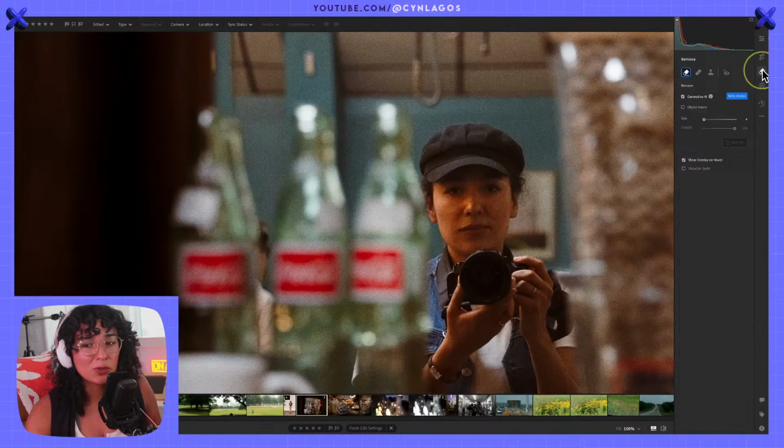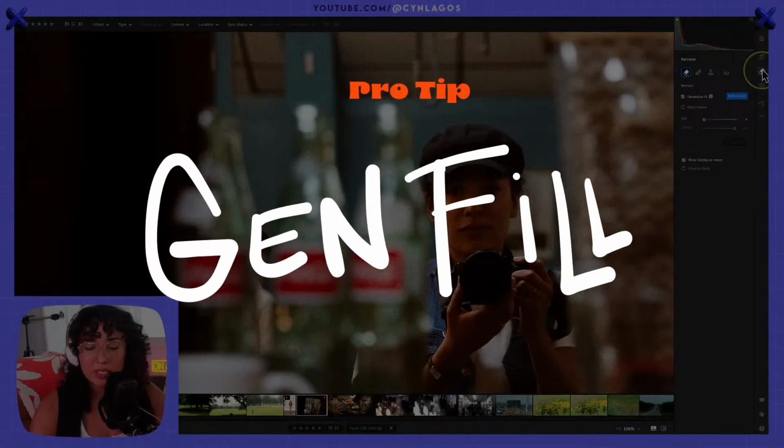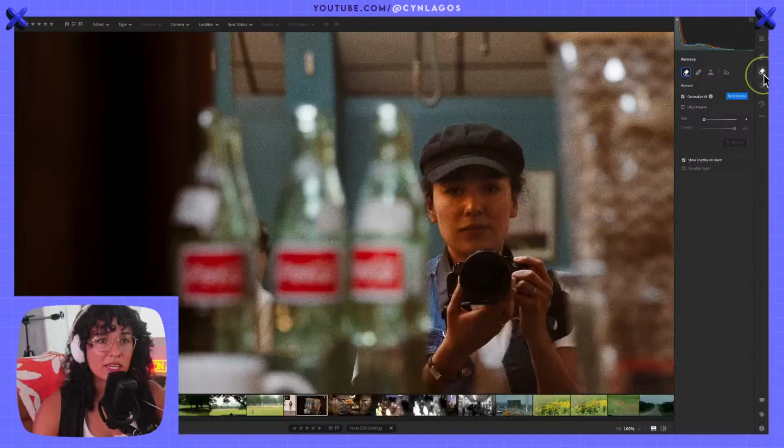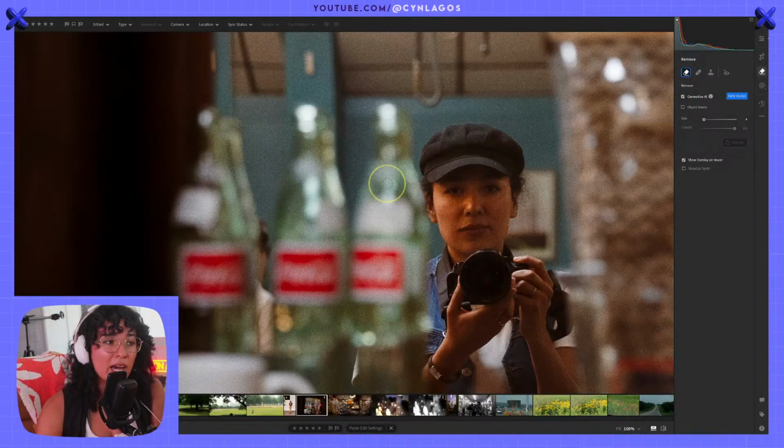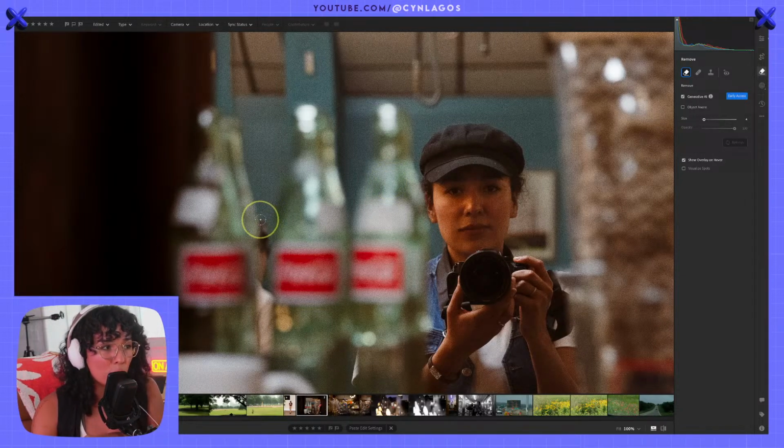I'm going to use this tool. It's the Gen Fill tool, and it's super cool because it is powered by AI, and I am exploring how to introduce AI in my workflow. And it doesn't always mean what the media is saying. Remember, it's not always that.